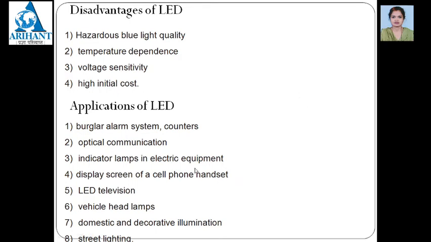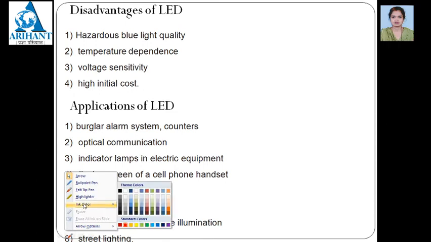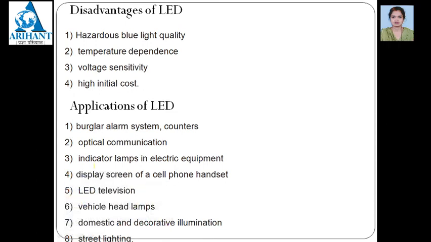Now, where are LEDs used? LEDs are used in burglar alarm systems or counters. You can use them in optical communication. You can use them as indicator lamps or display lamps in electrical equipment. The display screen of a cell phone handset, meaning your mobile also has an LED, which provides the backlight and front light.